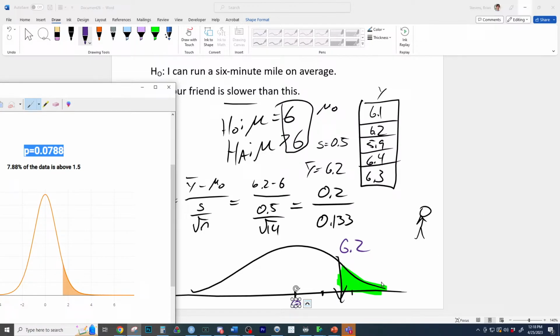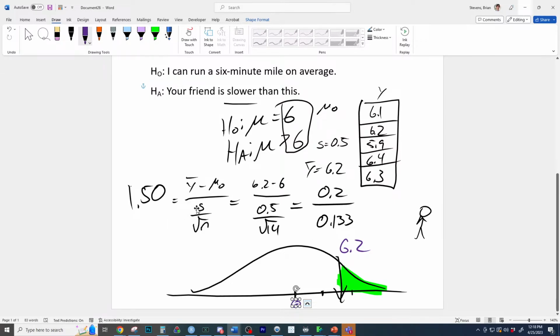If you notice where the line is at, it's at 1.5 on both graphics, and that is 1.5 standard errors, but that's where 6.2 is at on the graphic. So with this p-value right here, using the 0.05 standard, you would have to still believe your friend. I mean, it's on the edge of what's believable because the p-value is 0.078. So the p-value right here is 0.078, and you would fail to reject the null hypothesis. So you're saying, yeah, I guess I believe you. I mean, you did something kind of close to what I would expect to see.